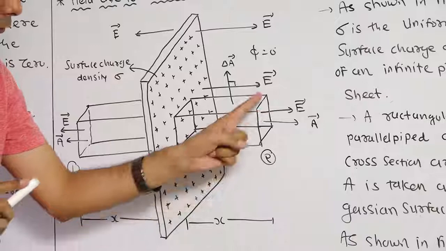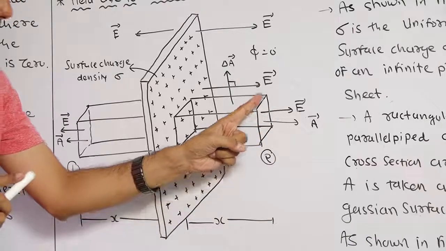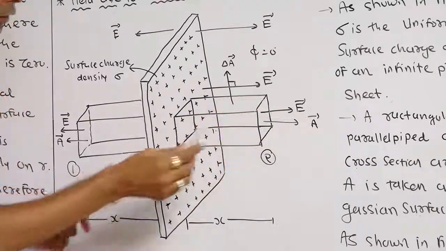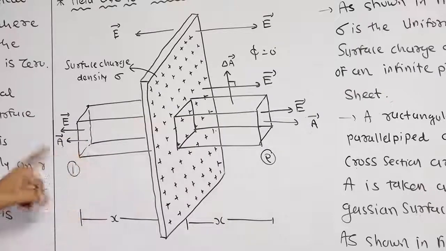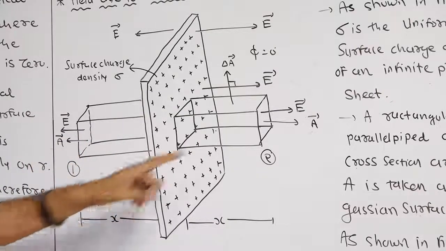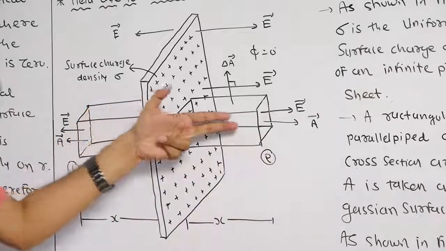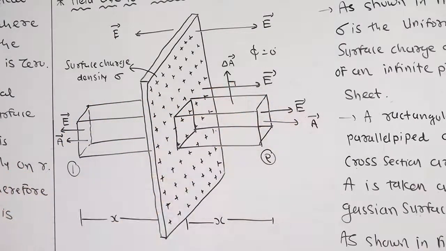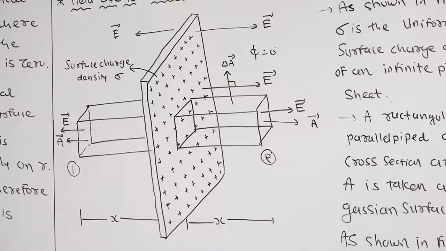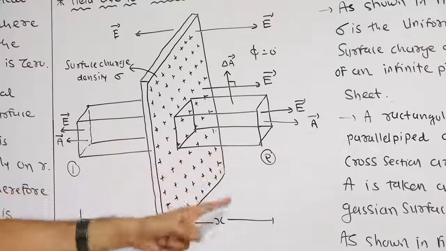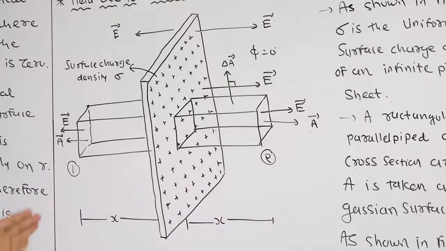The area vector of this side of the parallelepiped, or area vector of this cross section, is normal to the plane. It is vector A. Again on the other side, area vector is normal to this cross section. It is vector A. So dear student, vector E and vector A both are in which direction? Same direction. On the right hand side, vector E, vector A both are in the same direction. On the left side too. This part is lying on the negative x-axis and this part is lying on the positive x-axis. But their magnitudes are the same.